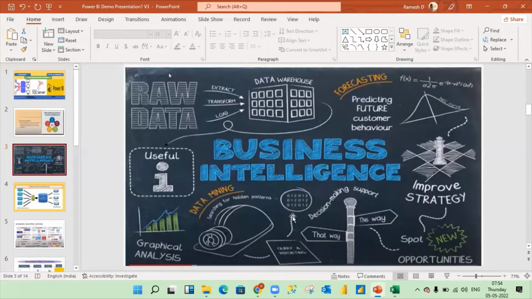After doing the calculation, we can take the decision making, like which way is correct for further business purposes. Based on that we can analyze the new opportunities and all. Based on that we can improve our strategy, like how we can take decisions, and we can do the forecasting also. Forecast is nothing but like